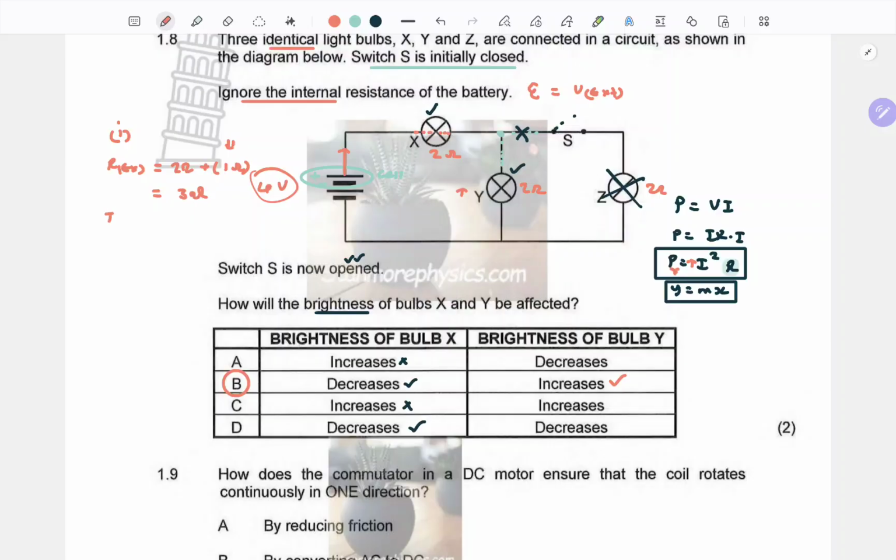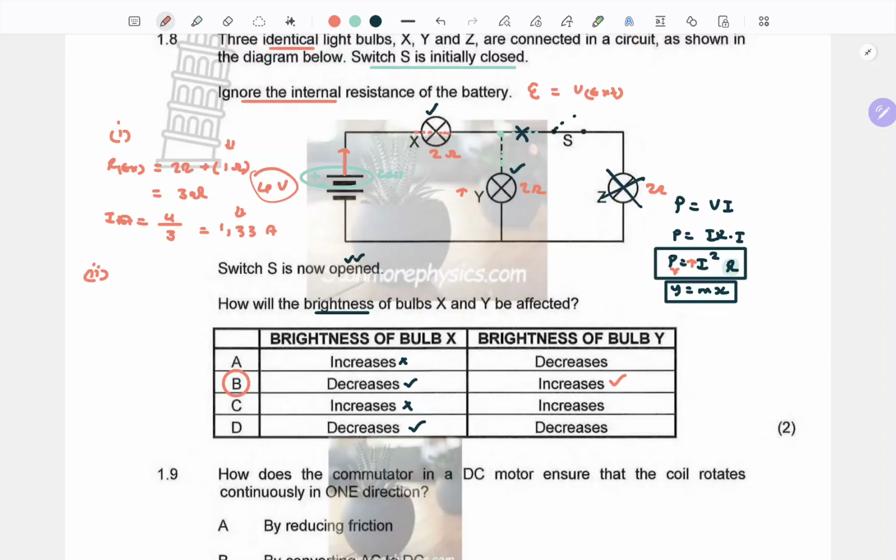Now, what would be the total current? The total current would be basically the total voltage, which is 4 over 3. And we can see there that 4/3 is 1.3 recurring. So this is basically 1.33 to 2 decimal places amperes. Now this would be the total current, and we know that the total current initially would split, hence that one we don't even have to worry about it.